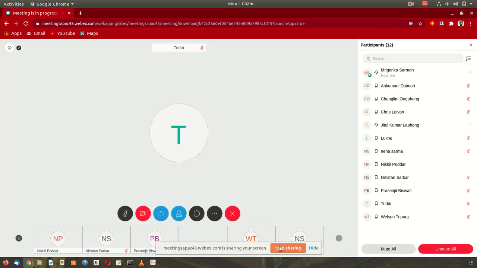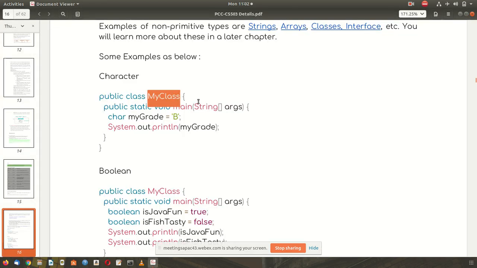This is the name of the class, my class, and void main is the main function. Public, you can now recognize what is the meaning of public: it is accessible, and the main function should always be public.